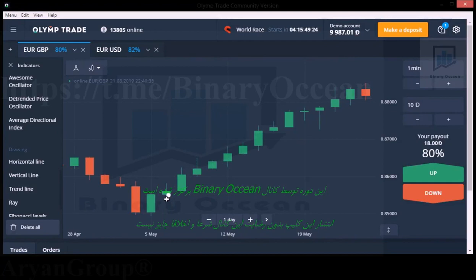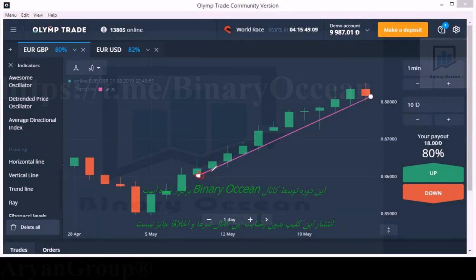And I think I will draw from this level. Okay, if you observe the market here, we are seeing a buyer's entry point. Buyer's entry, a buyer's entry, again a buyer's entry. So we can enter with buyers here. Again, we can enter with buyers here for one candle. And we can enter with buyers here. We can enter with buyers, again buyers. So these are the buyers entry points.